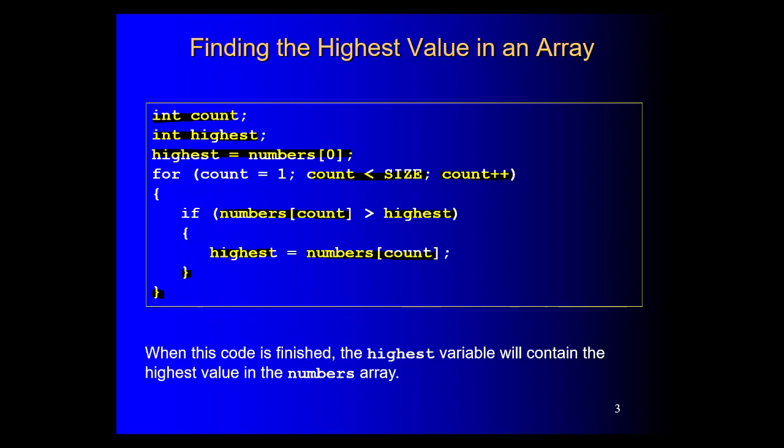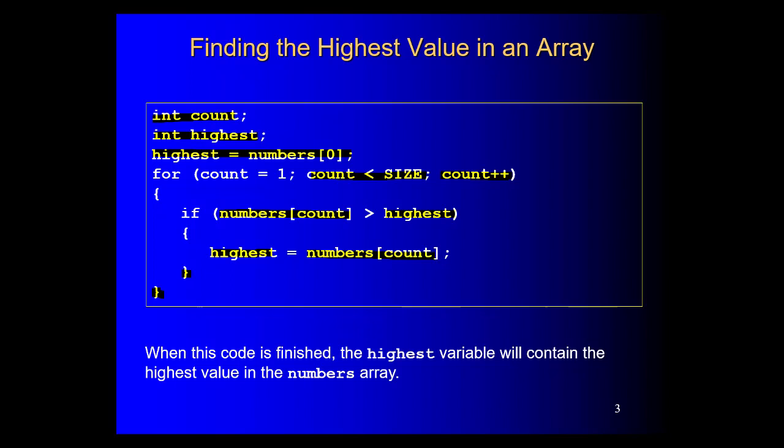Then we'll hit the close curly brace for our if, close curly brace for our for loop, increment our count to 3, then we check, is number sub 3 greater than highest? So if it's not greater than highest, we don't do anything. We just go to this closed curly brace and go back up and increment our counter to 4